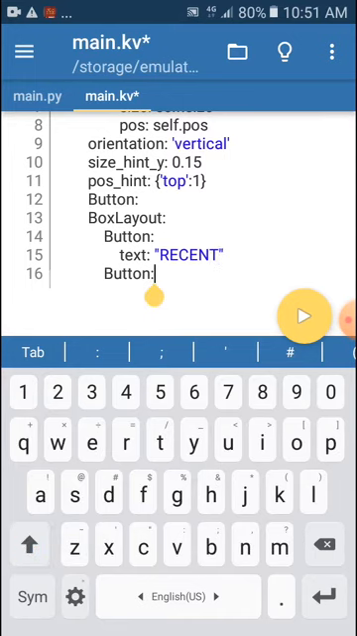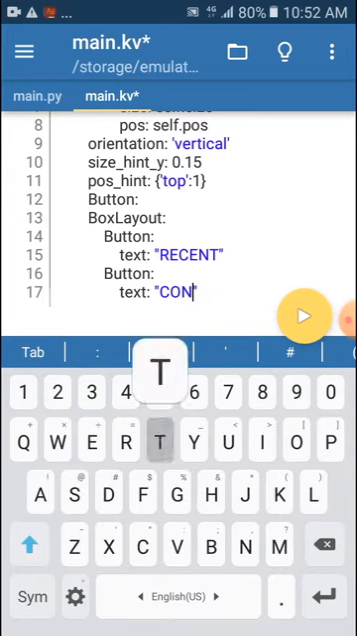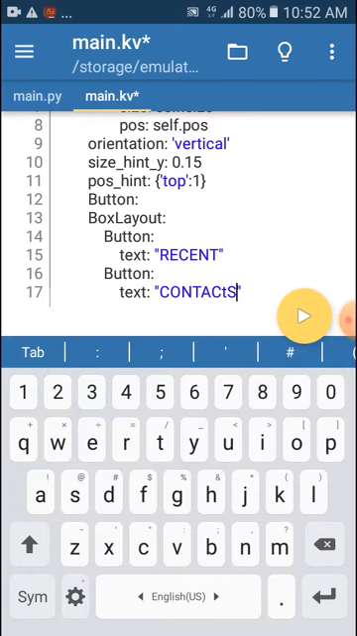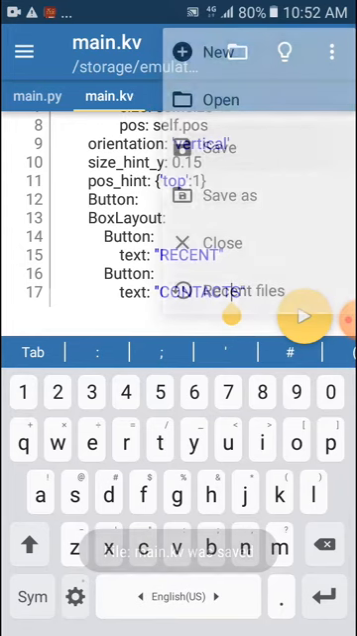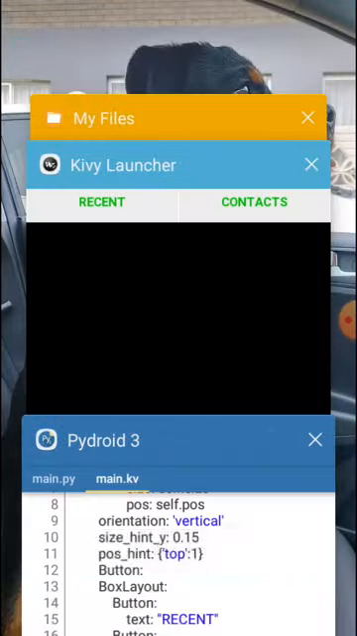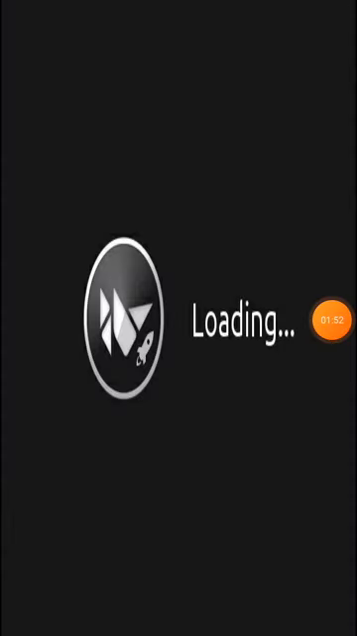All right, and then we have contacts. So I think there's nothing wrong with that code. If you go on and run that, what do we see? Bang, there we go. We have our nice awesome buttons, recent and